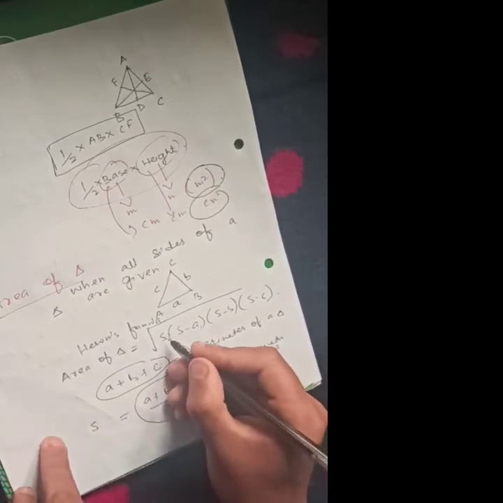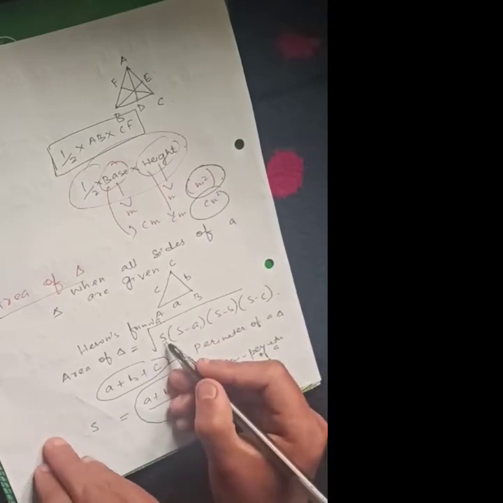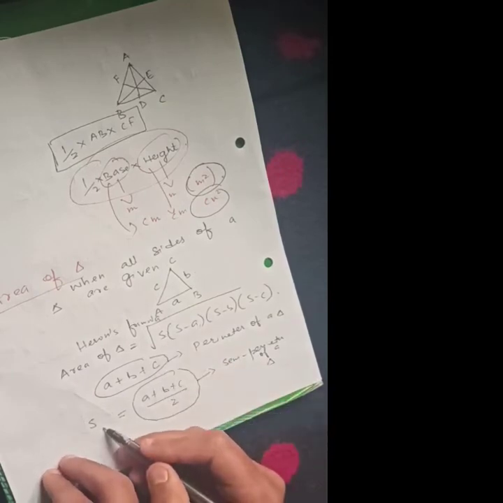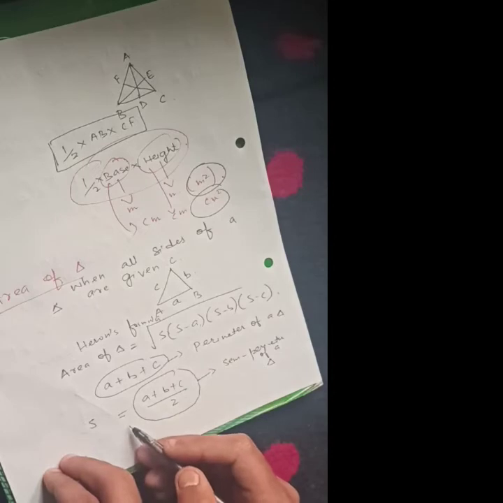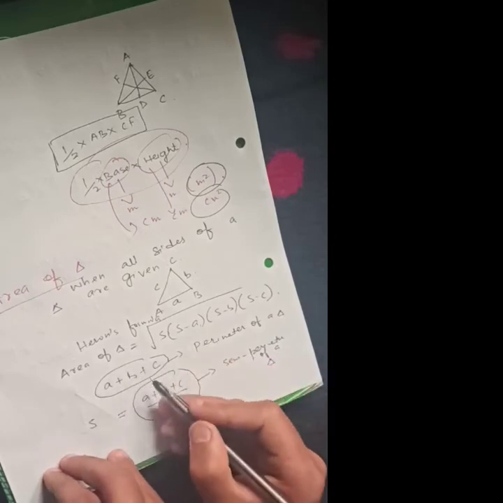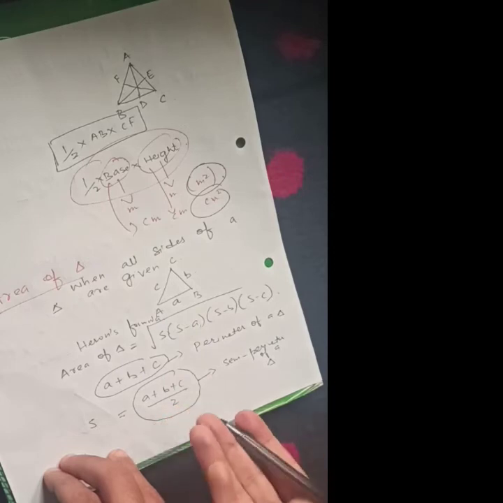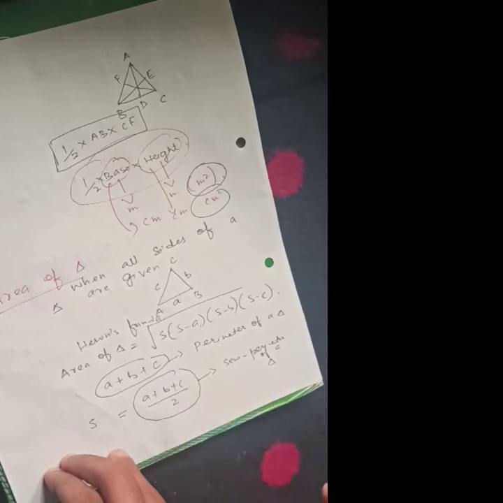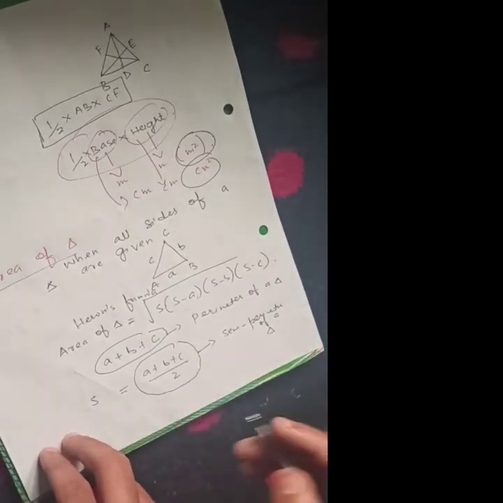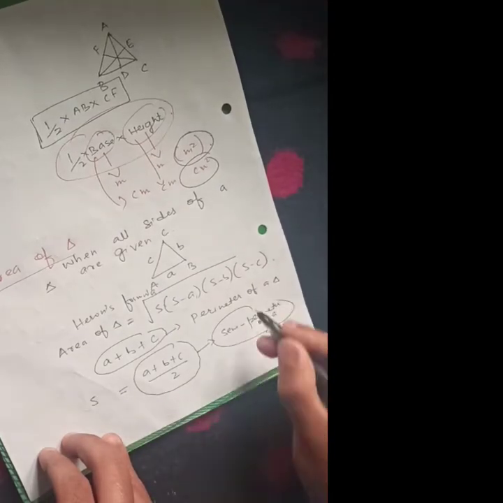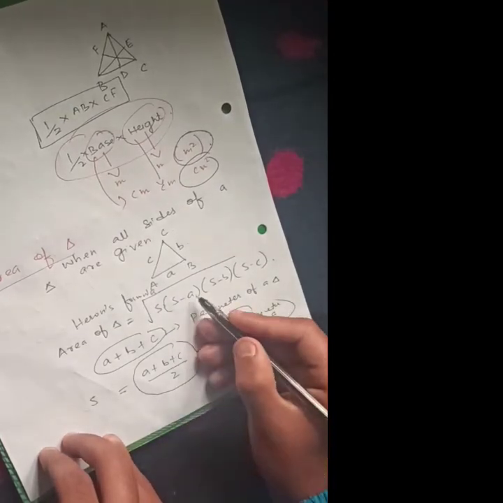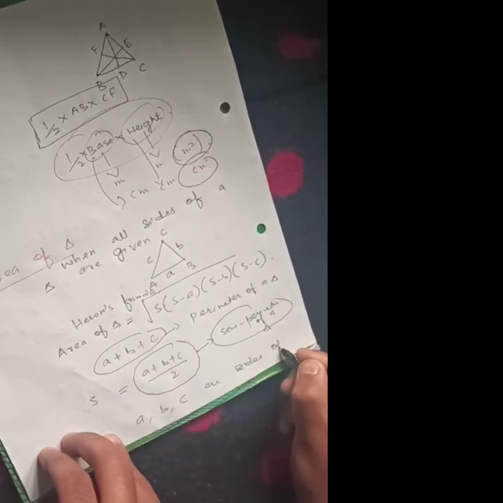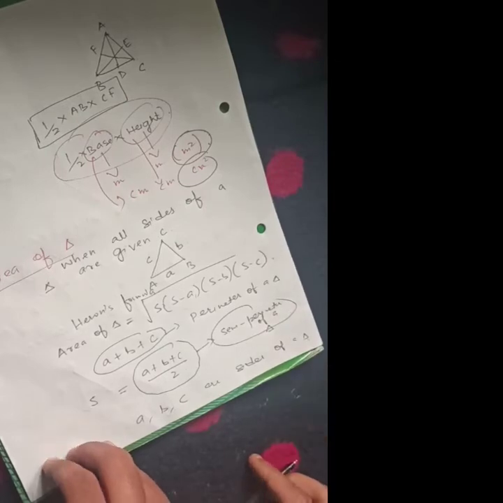This semi perimeter of a triangle is represented by the symbol s, जो हमने Heron's formula में यूज किया. अब आपको पता होगा कि ये s क्या है यहाँ पे. This s is simply the semi perimeter of a triangle, which we have calculated. Firstly, we calculated the perimeter of the triangle. Then we divided the perimeter by 2. This is the semi perimeter. So the semi perimeter of a triangle is a plus b plus c divided by 2. So in Heron's formula, s is the semi perimeter, and a, b, c are the sides of the triangle.